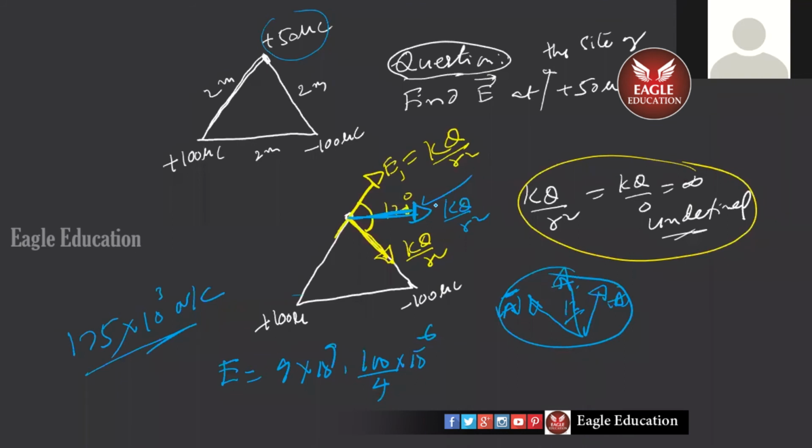You'll think the fields are existing independently. But I told you, even here, it is a contribution from this. But the issue is, the field of this is not defined at this point. So it will finally be because of these two. Plus 50's field will be there around it. Say, for example, if I want to calculate the field here, the field will be because of this and because of this. So the whole region is filled with 3 fields. Try to understand.